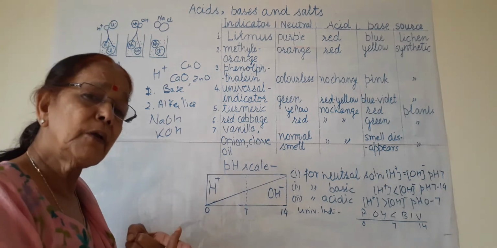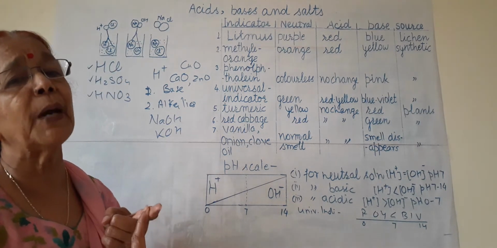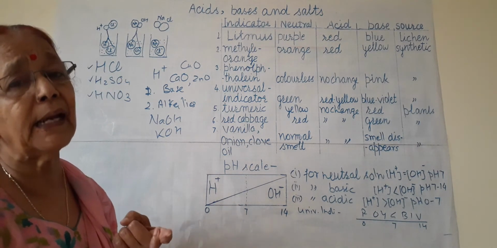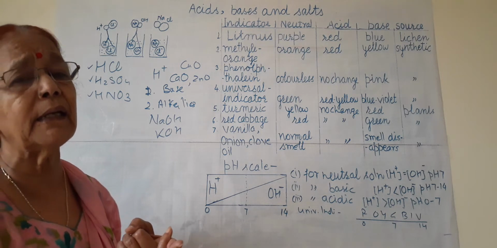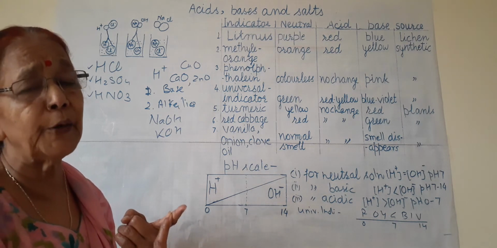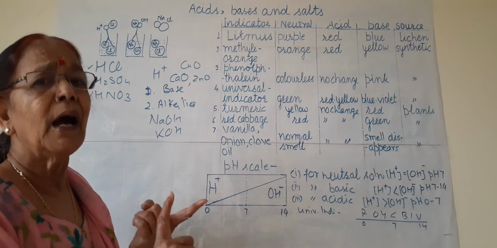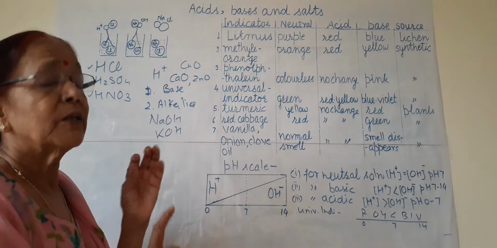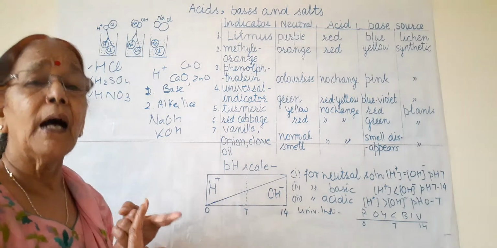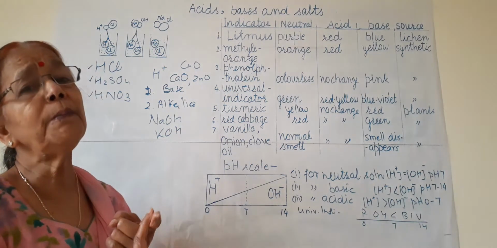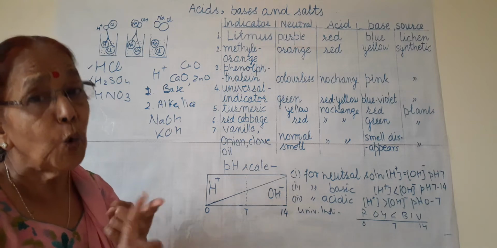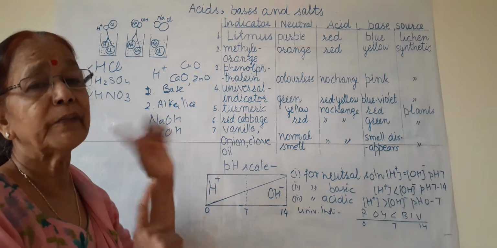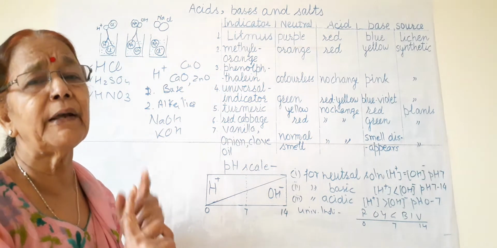The hydrogen of acid is replaced by some cation. This cation may be a metallic cation or a non-metallic cation. Do you know what is a non-metallic cation? Hydrogen is a non-metal and it forms cation. So bases are those which form salts and water, or only water, with acids. This is the simple definition.